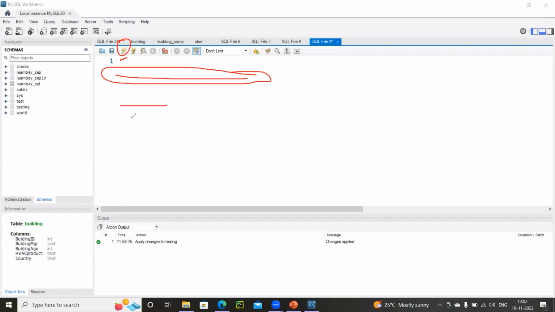Similarly, if I have 2-3 lines and I'm keeping my cursor here, and I click on this second lightning symbol, the query after my cursor will be executed. So I would recommend whatever command you are going to execute, select it, highlight it, and click on this third symbol, which will run that command for you.